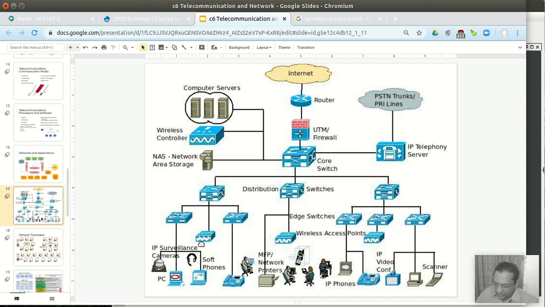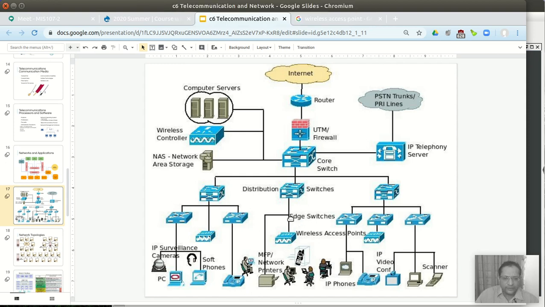So modern wireless access points are intelligent, so that you can have one wireless access network across North-South University. You don't have to connect and disconnect over and over again. So there are certain technologies that can support this. So from this switch we have IP camera, computer, soft phones. So these IP phones we have now, from software they connect through this, right? So your traditional telephone or VoIP soft phone is possible. So this is an IP phone, right? So they communicate using IP. Network printer, anybody can print within this network.